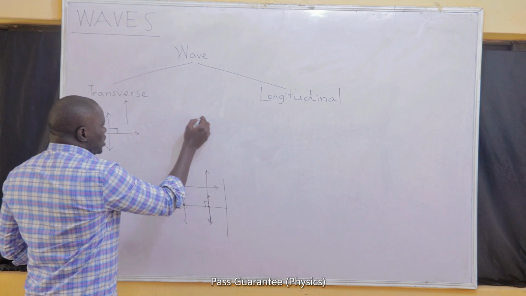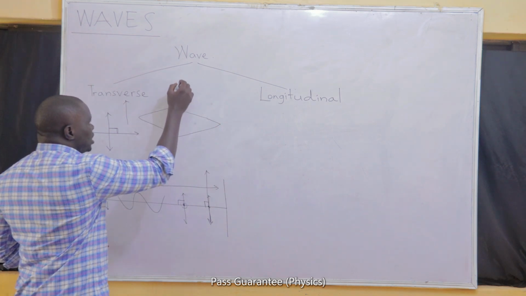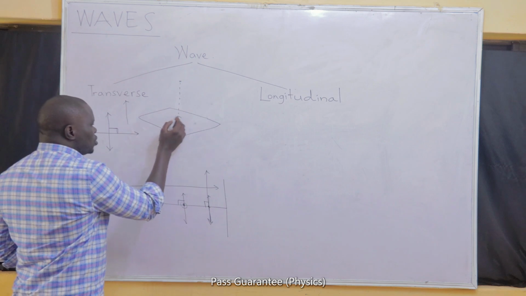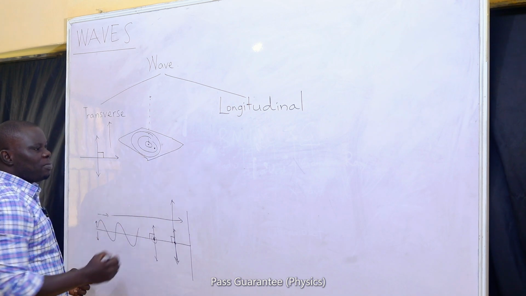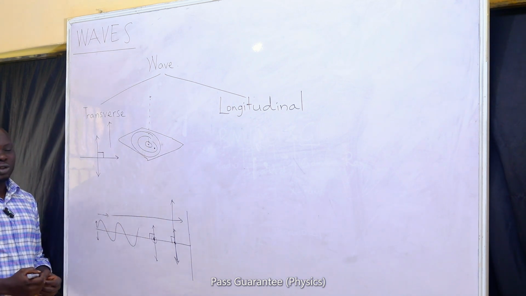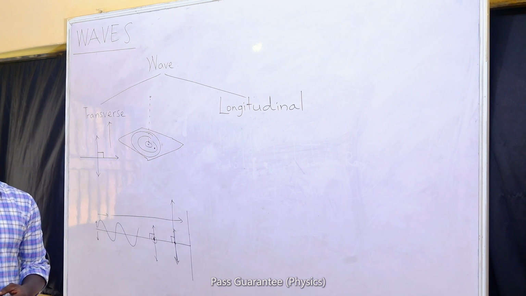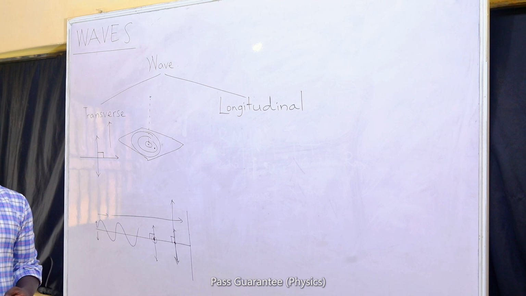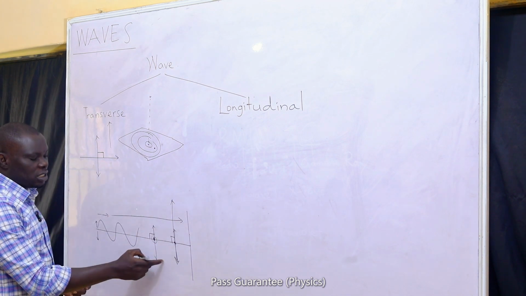You can get to see that when you have water in a bowl, like I said earlier, and you decide to drop a stone to agitate it, to cause the disturbance, the ripples of wave will be generated. When ripples of wave are generated, at any other point from the point of disturbance, you can place a tiny sheet of paper. The motion of the tiny sheet of paper will help you understand if it is moving in the direction of the wave or in a direction that is perpendicular to the wave. And if you do that, I'm very sure that what you will have will be similar to this.